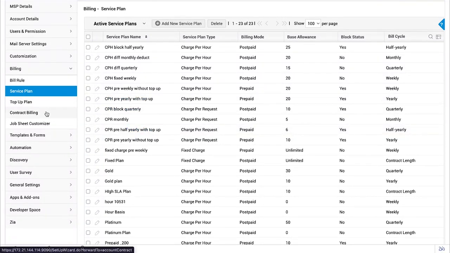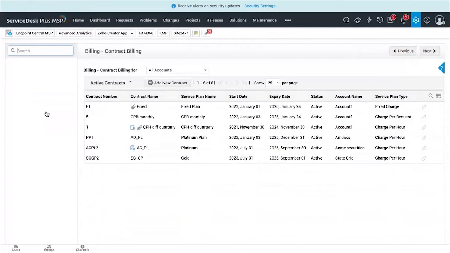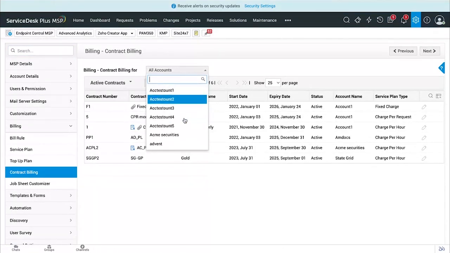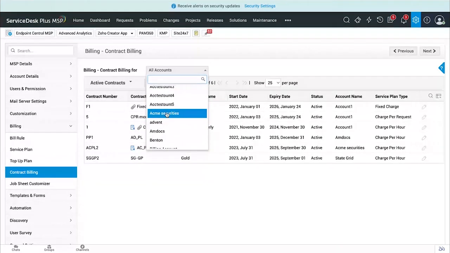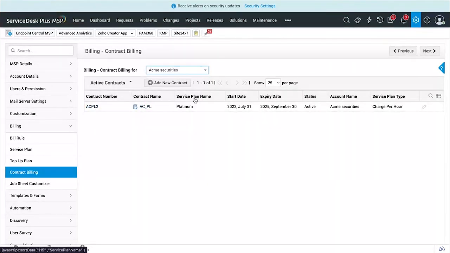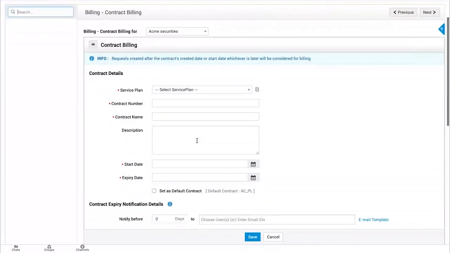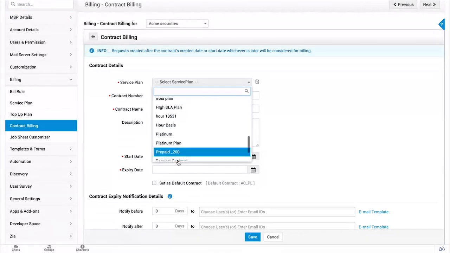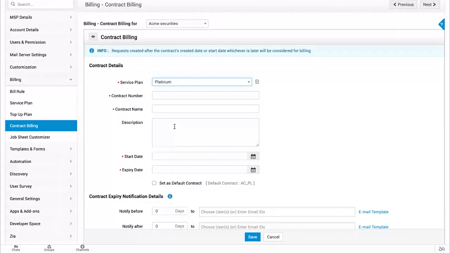And then finally we come to the contract billing. So this is where you create a service contract, a service agreement with your client, where you select the type of service plan that should be applicable for this particular account that you're creating it for, right? So say I want to create this service plan for contract for Acme Securities. So for Acme Securities, if I want to create a new contract, I'll click on this option, and here I'll select the service plan. So say I want to provide them the platinum service plan that I've created for them,